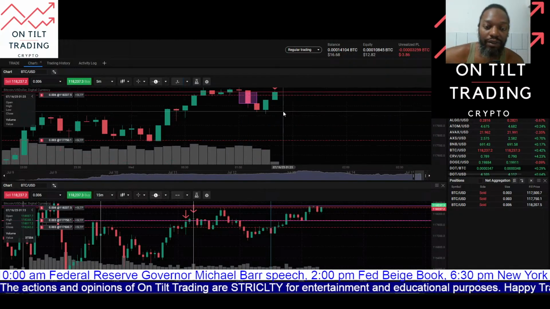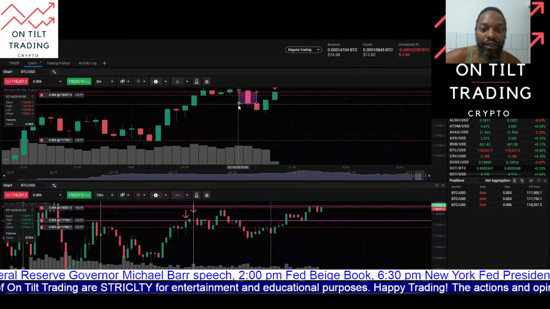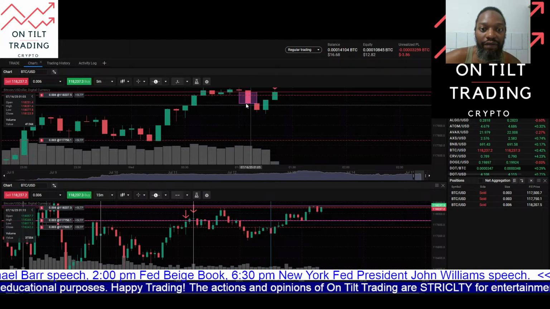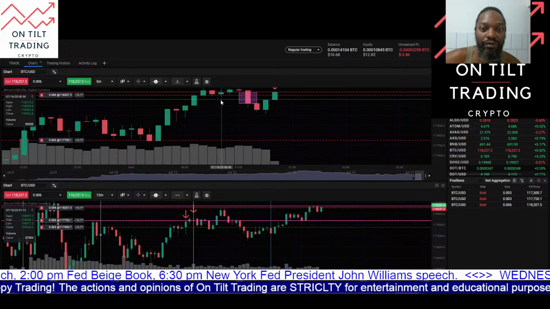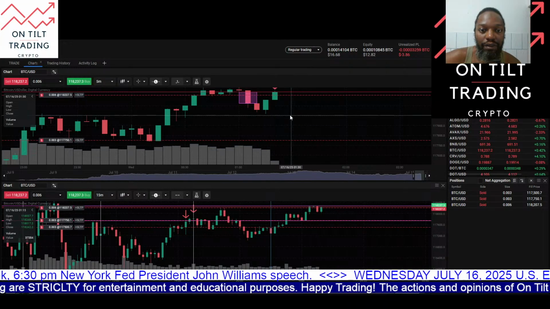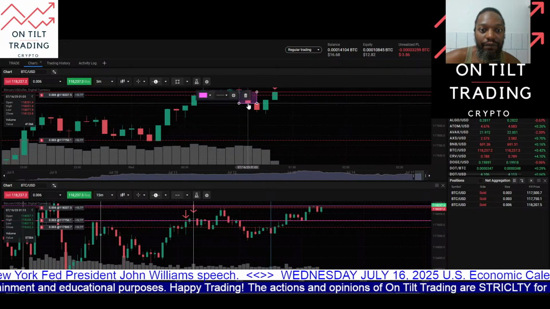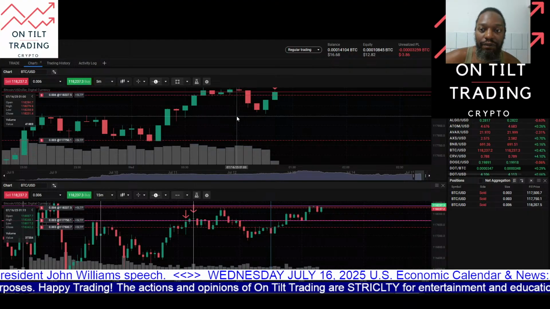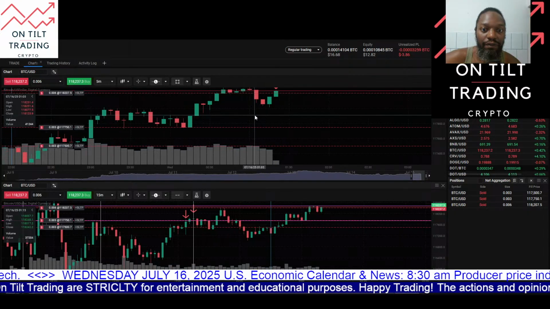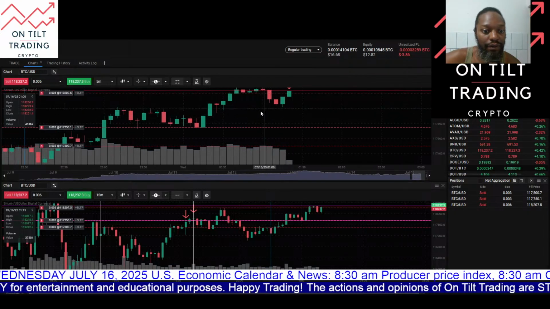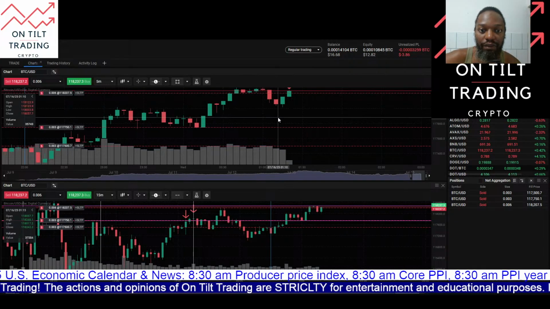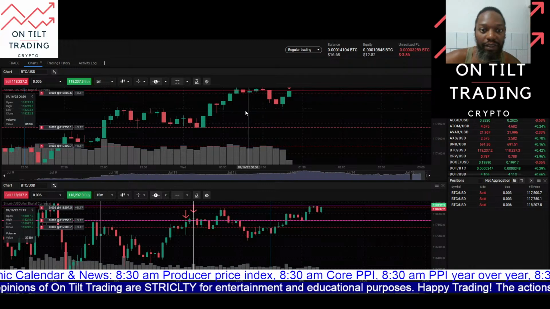Price is delivered to the buy side here into the fair value gap and also into the order block. And then I'll watch price action here. Actually, I'm not going to watch price action. I'll walk you through